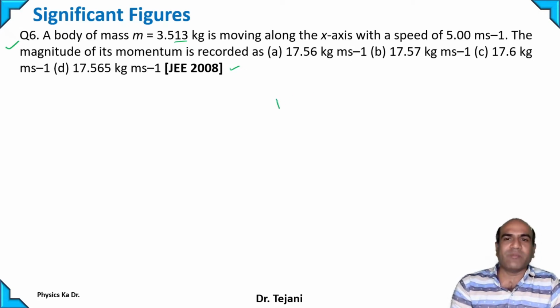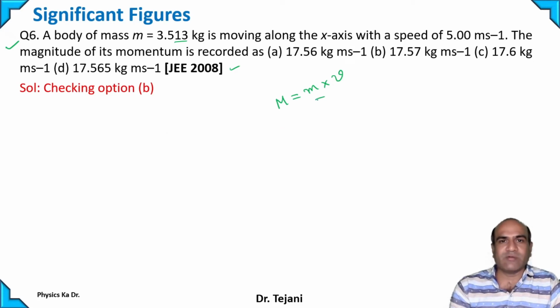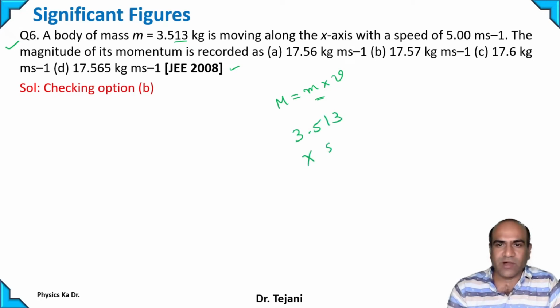What is the equation of momentum? It is equal to mass multiplied by velocity. Can we put mass multiplied by velocity? Mass is 3.513, multiplied by what is the velocity? 5.00 meter per